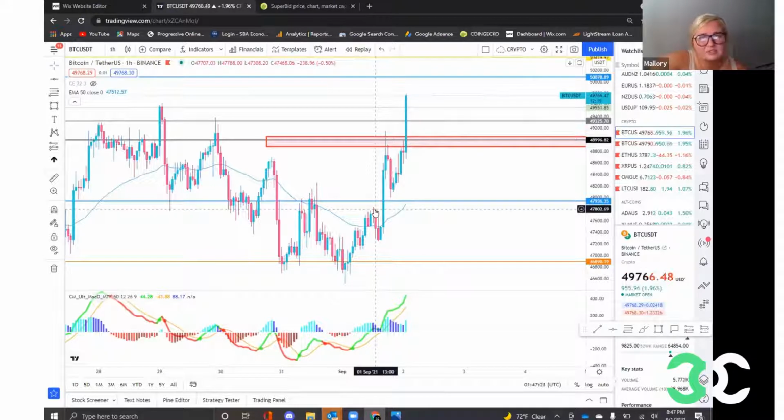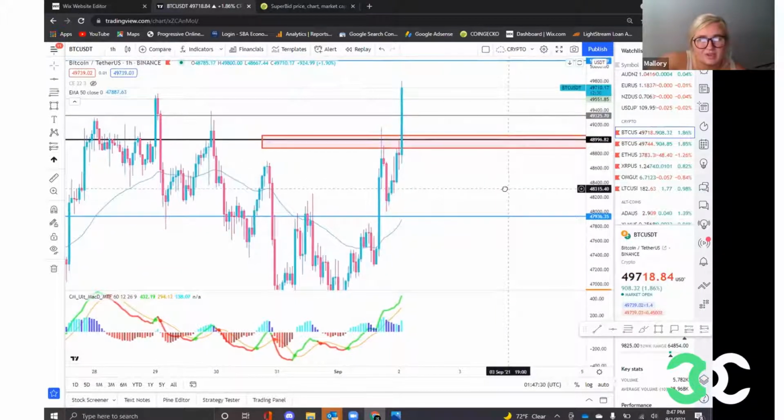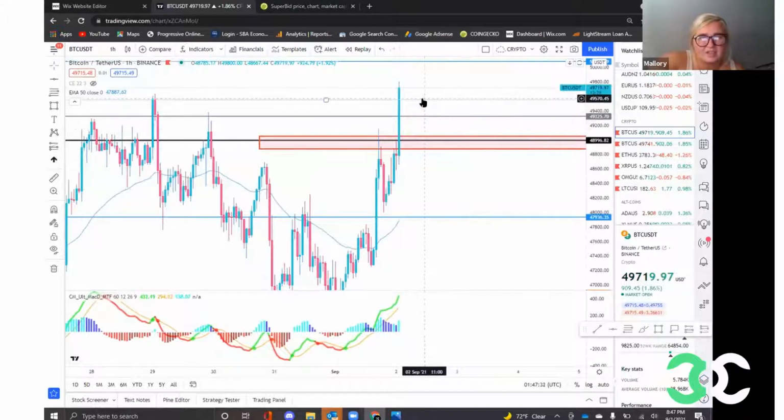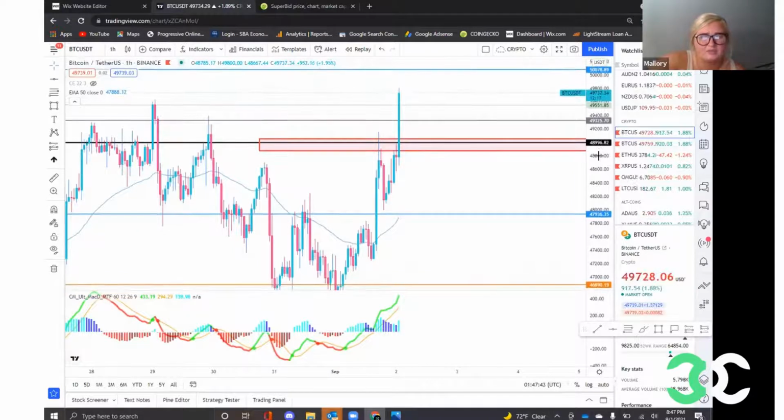The biggest thing is we're just wanting to look to where it falls and which level it's going to catch. Is it going to catch the 49,325 resistance? Is it going to catch my light resistance right here on this wick? We're not sure. So again, I called out our sell on this one at 48,996,